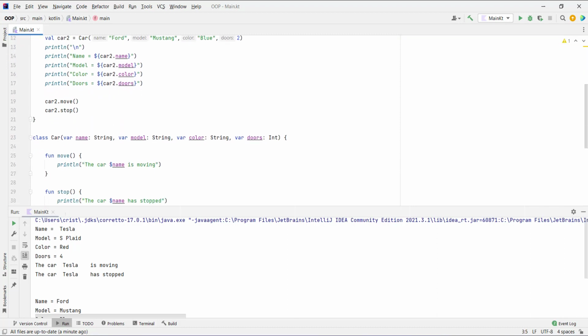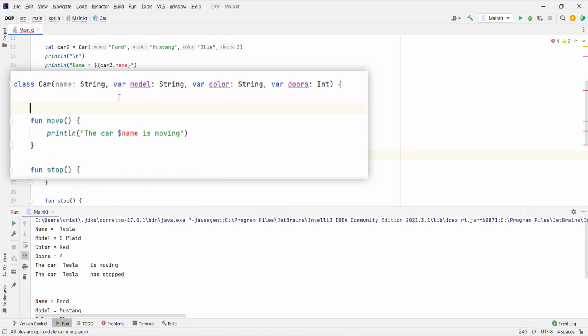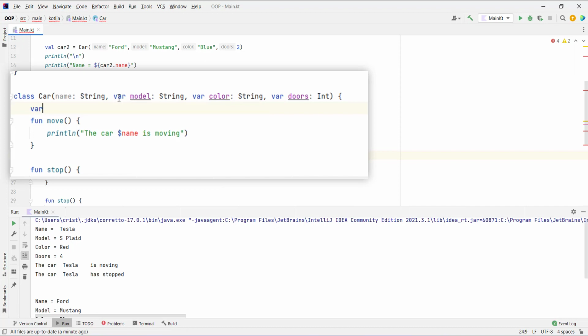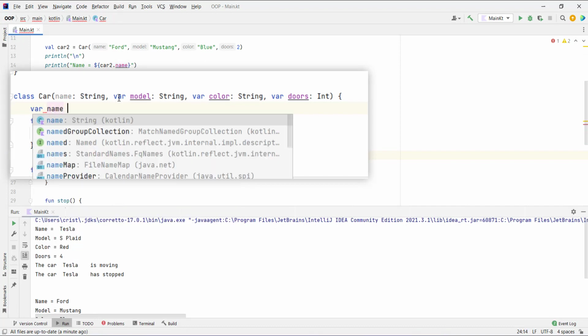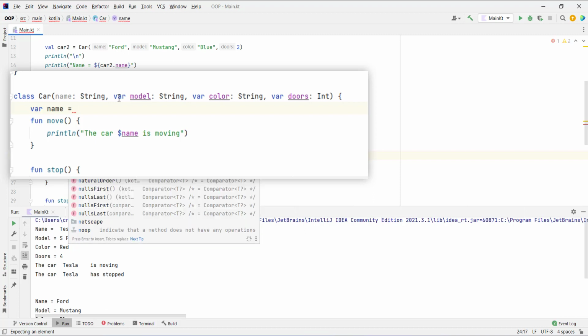To change that, we can declare the property that is defined here, the property name, as a parameter first, and we can declare it down here. We can declare down here now the property, and we can put equals, and now we pass the parameter to the property, so we assign name here.